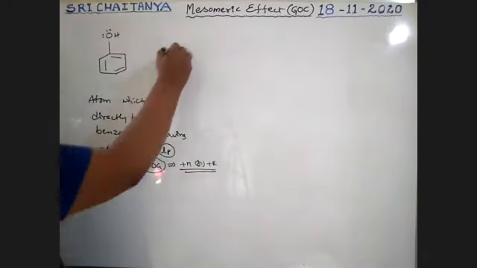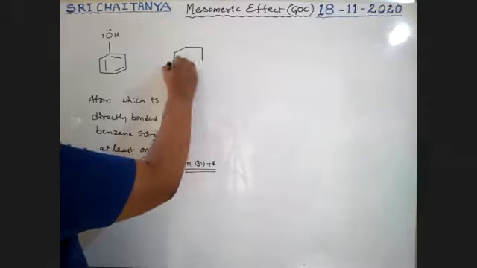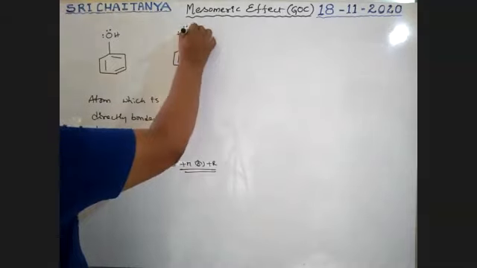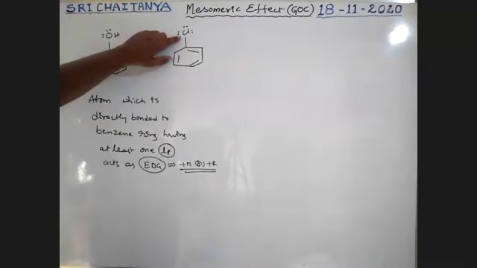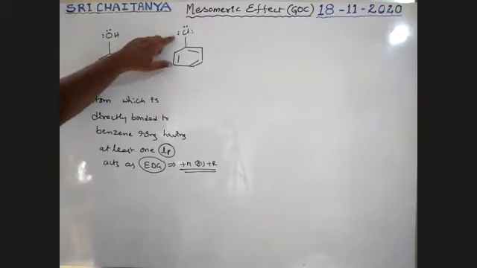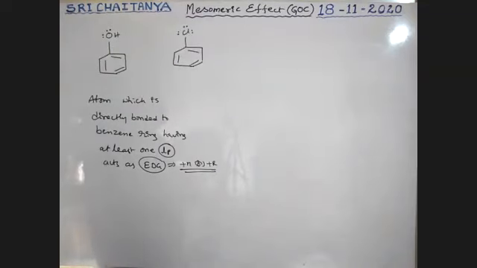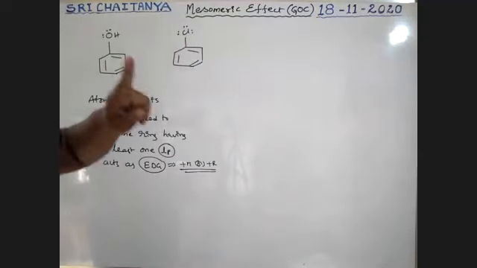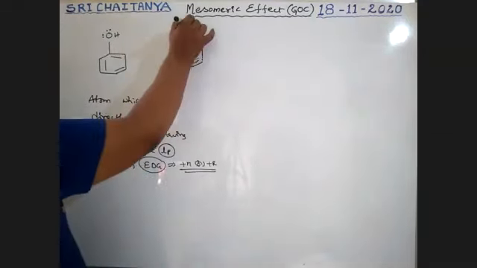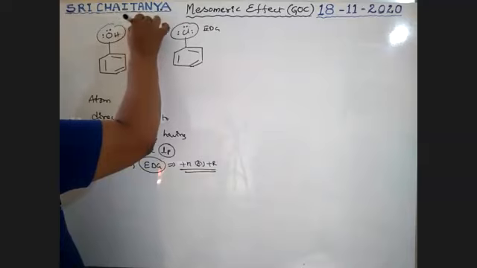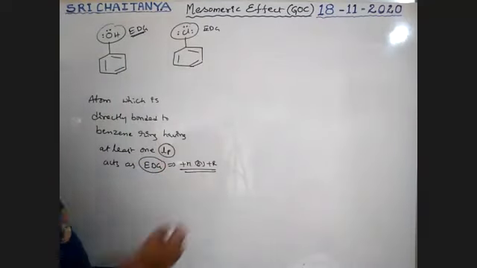Let us observe one more example, boys. See here. Halogen. I am taking chlorine. Chlorine has three lone pairs, boys. So is this chlorine electron donating group or electron withdrawing group? Try to identify. Tell me. So based on this definition, any atom which is directly attached to benzene ring having at least one lone pair, therefore Cl is electron donating group. OH, it is electron donating group. Next.